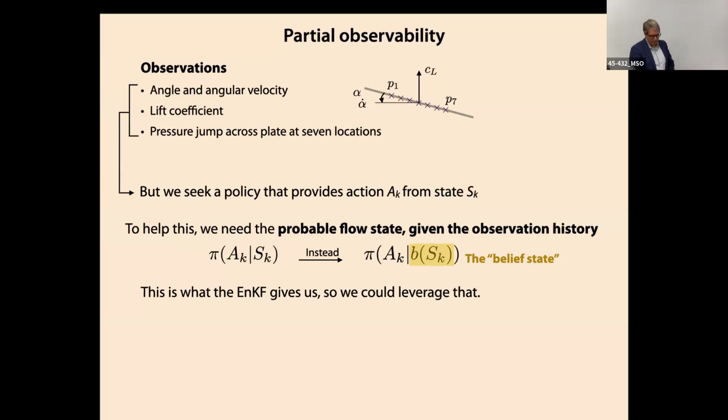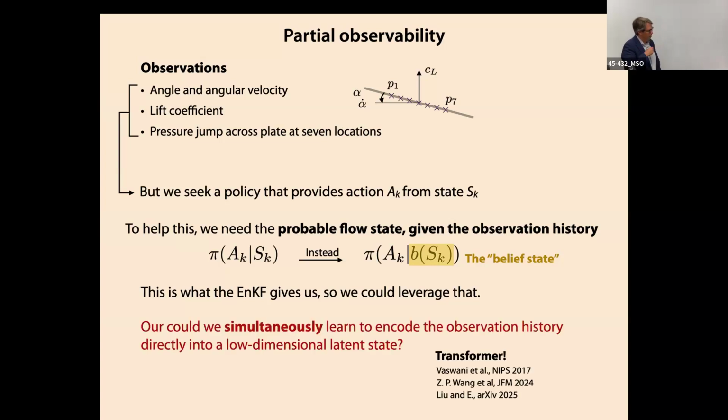But actually, Zheng, my student, spent quite a bit of time thinking about this on his own. He said, what if we just learn a latent space from the pressure directly? In other words, don't worry about the vorticity field. Just say, I've got a bunch of sensor data over time, so let's learn some low-dimensional latent space for pressure alone. One valuable tool in that arsenal is what's called a transformer, which I'm sure many of you have heard of. It's become a pretty popular idea in the machine learning community.